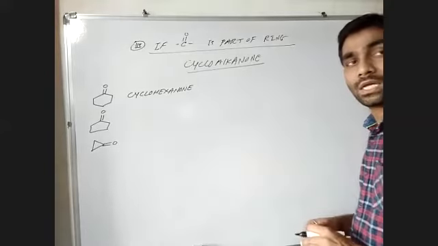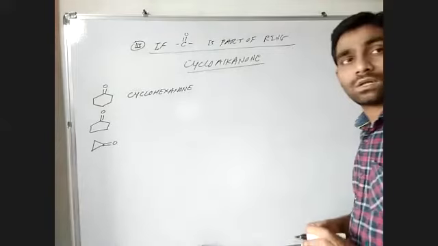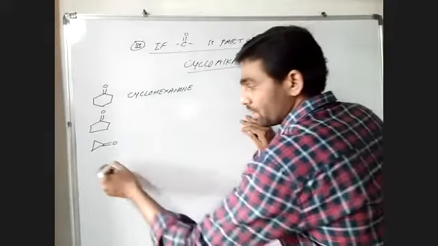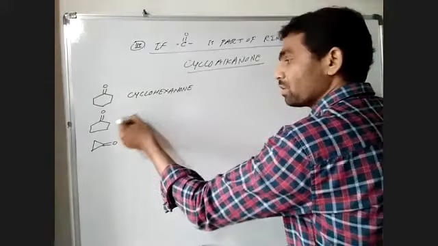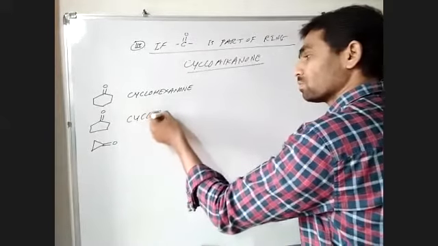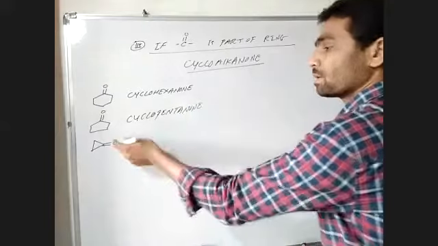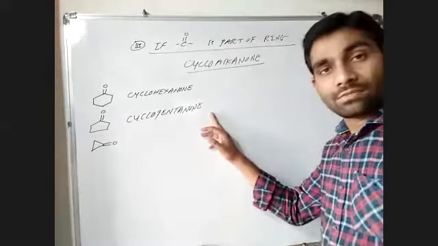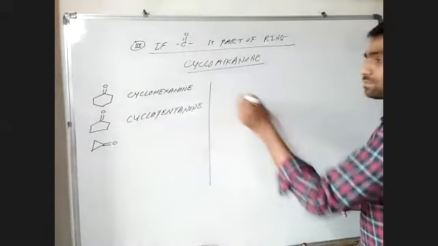Right. So there is a list of compounds. Now see, if I am writing this example, cyclopentanone. Cyclopropanone. Right? Okay. So now, if we are having these examples,